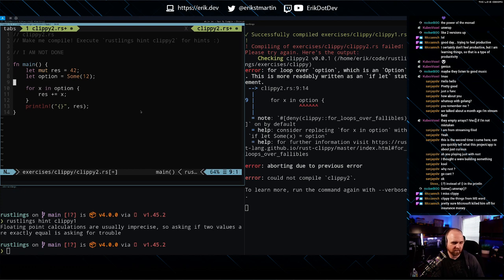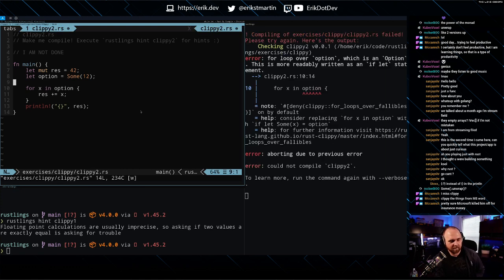No, I'm confused. Okay, so we have a result, which is just an integer. Then we have an option which holds 12 in it. And for x in option, well, option's only going to hold one thing.